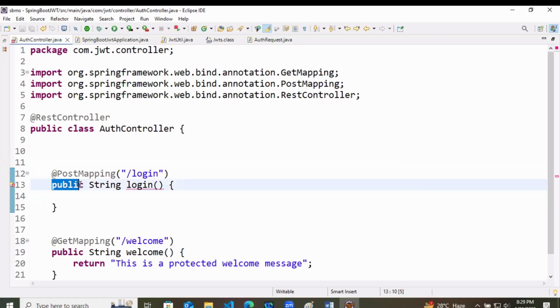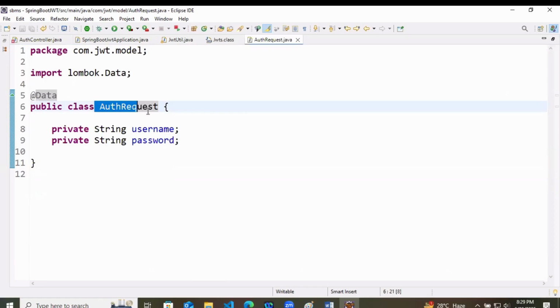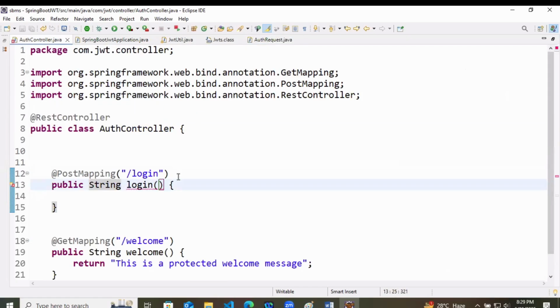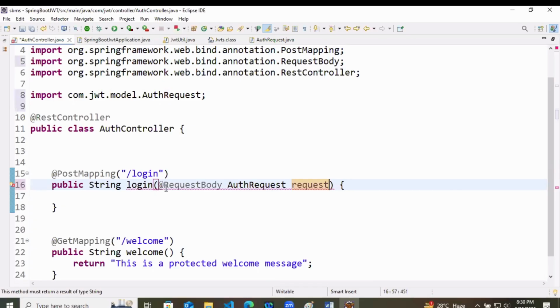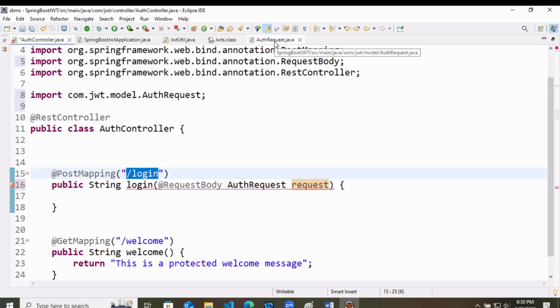So here, public String login. As we have created the class AuthRequest for username and password, I can use @RequestBody, meaning you are requesting the data of the AuthRequest class, which will be stored inside the request. RequestBody AuthRequest. It means whenever the user is trying to do /login, the user has to send the body of this AuthRequest.